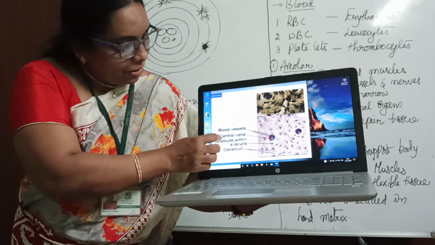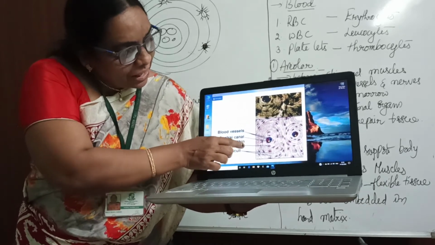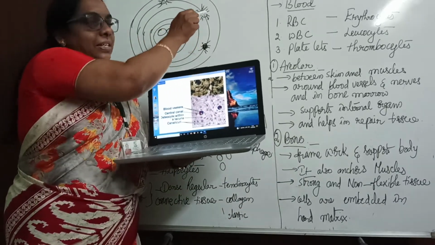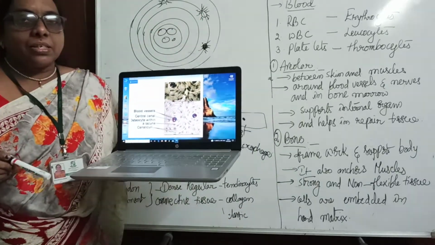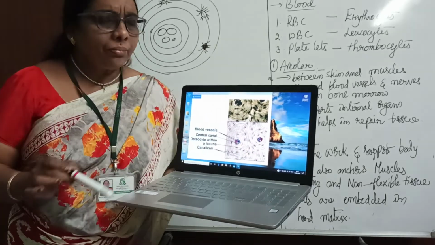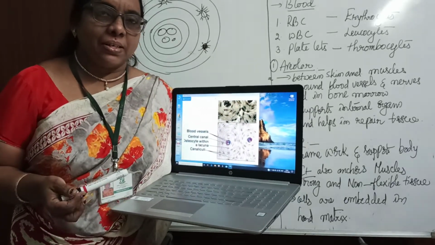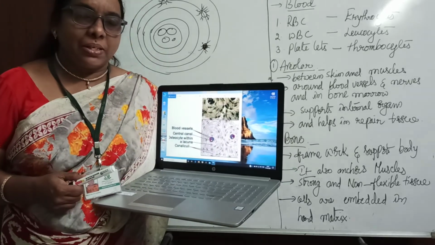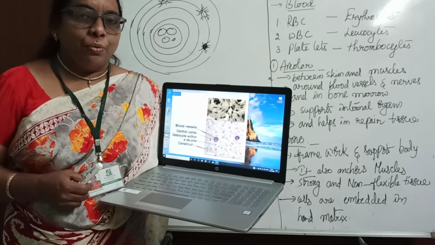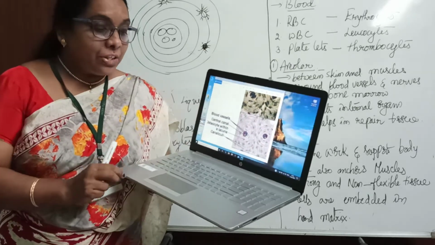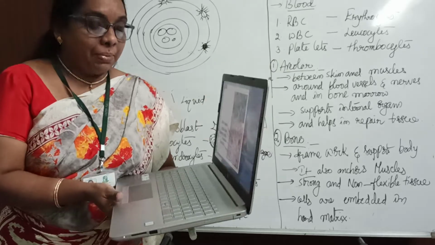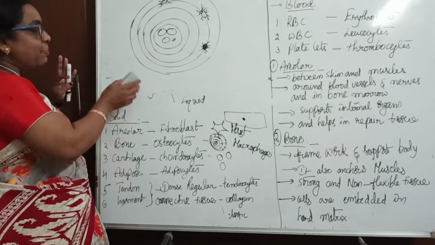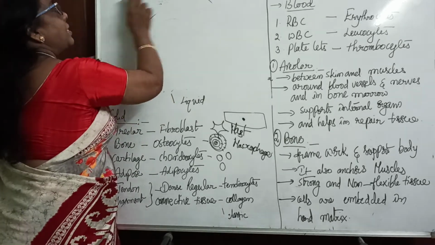See, there is a central canal, and osteocytes within the lacuna. This is called the lacuna, and then the canaliculi. Okay, yes. So these cells are helpful for the production of the red blood corpuscles, and that is called erythropoiesis. It's a hard tissue and it is a non-flexible tissue, children. Is it clear? Yes. So that is about the bone, and let me explain about the next tissue, which is called cartilage.